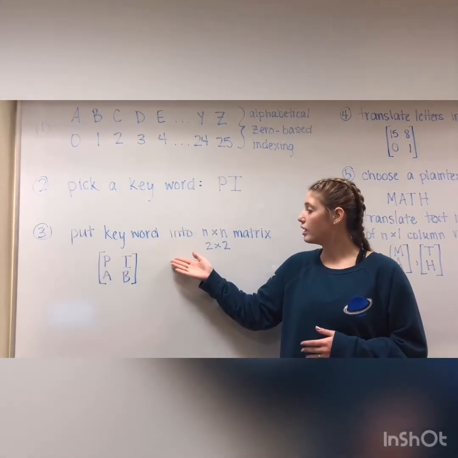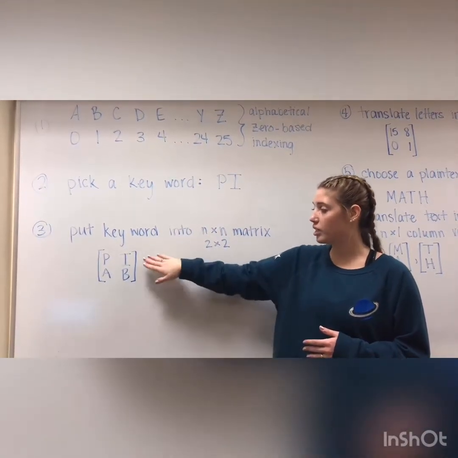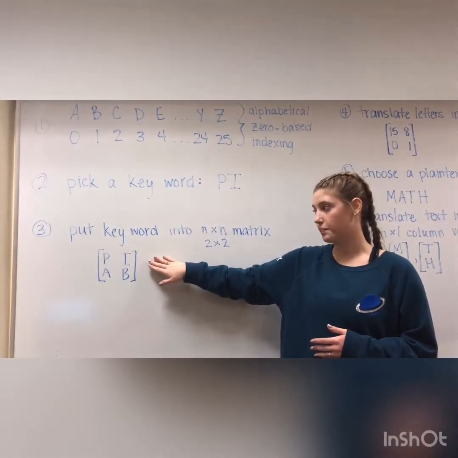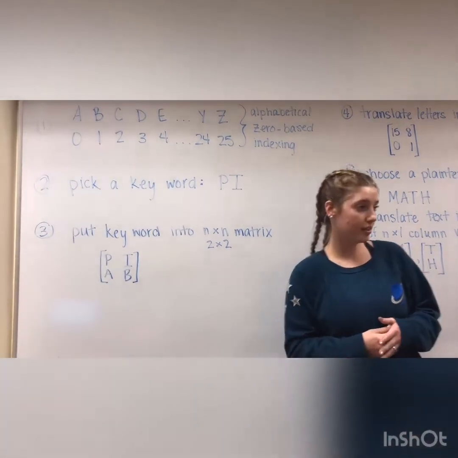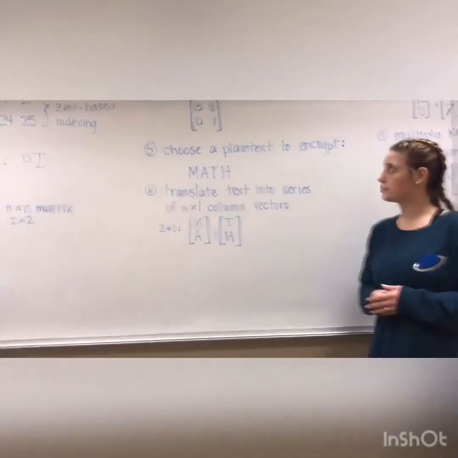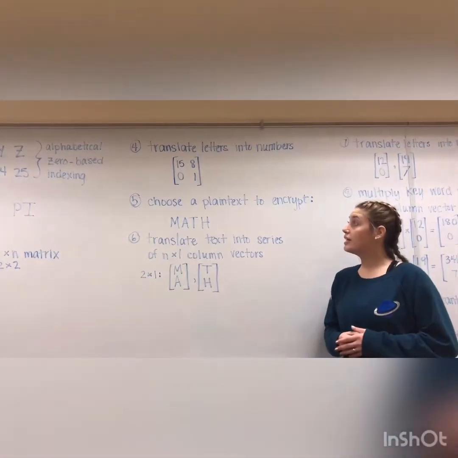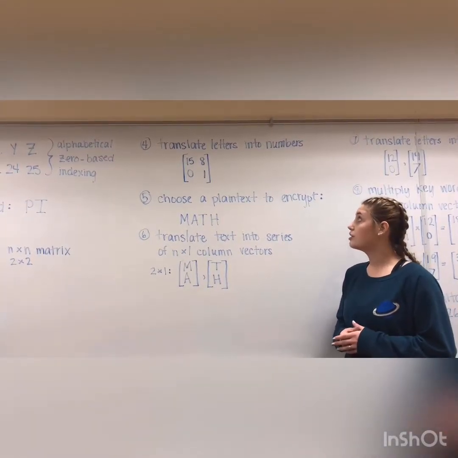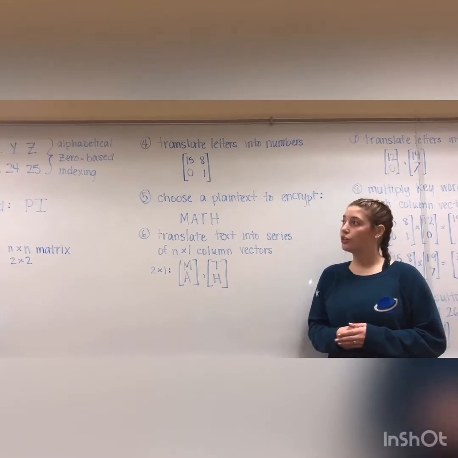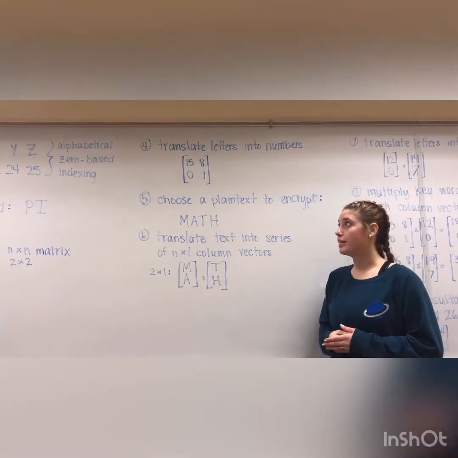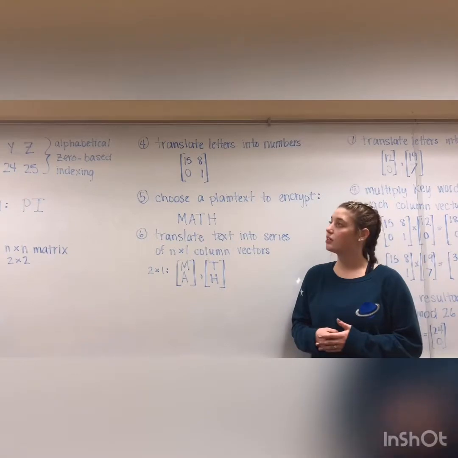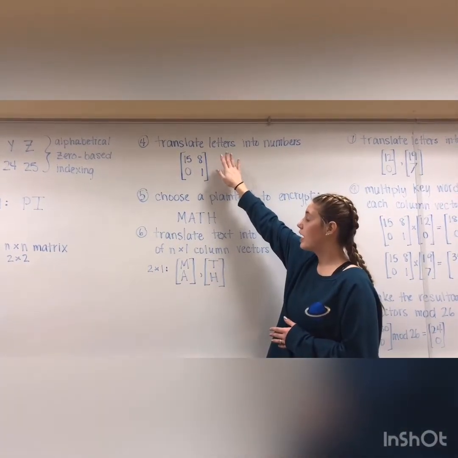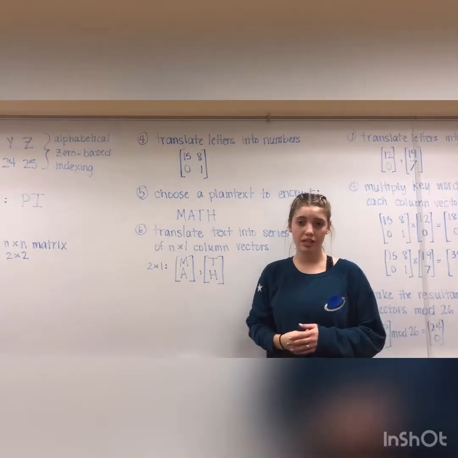So our key matrix will end up looking like this: P, I, A, and B. Next, step 4 is to translate the letters of our translation matrix into numbers. Using our alphabetical zero-based indexing, we can denote that 15 goes to P, 8 goes to I, 0 to A,